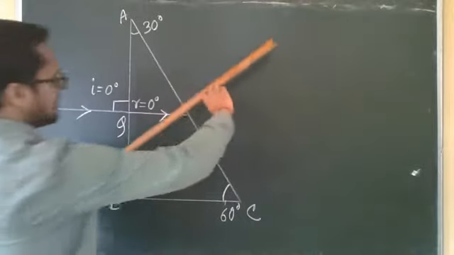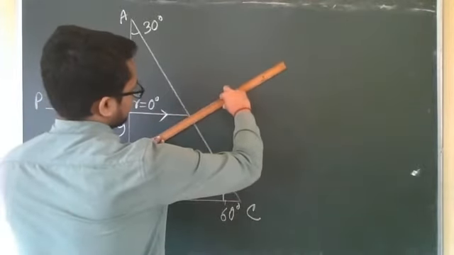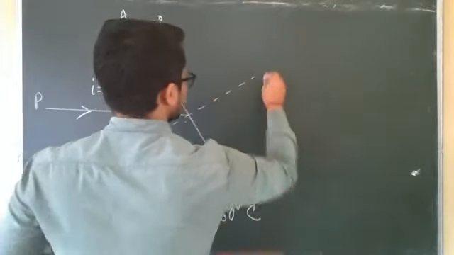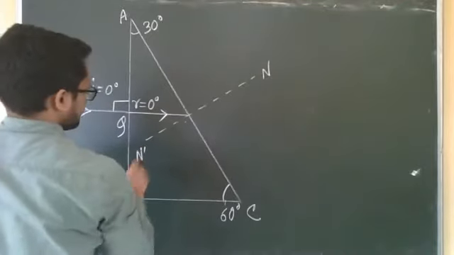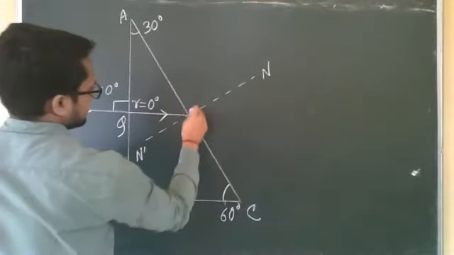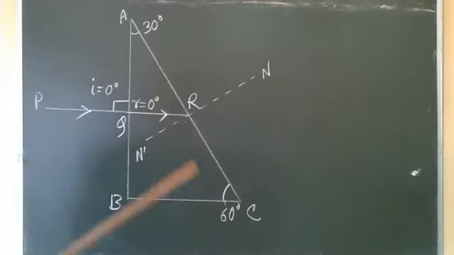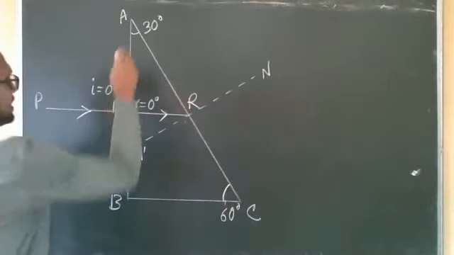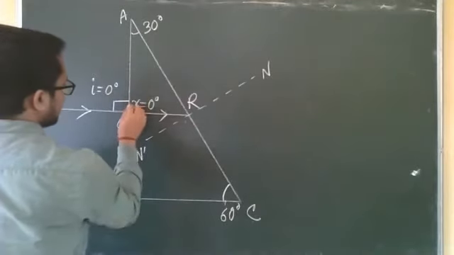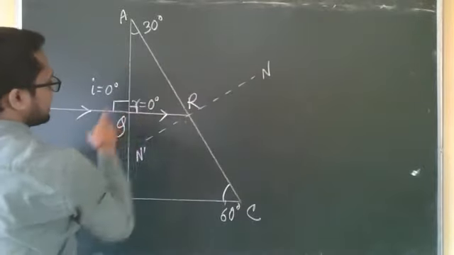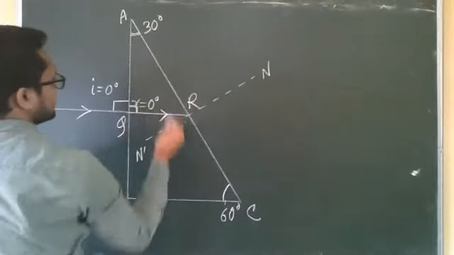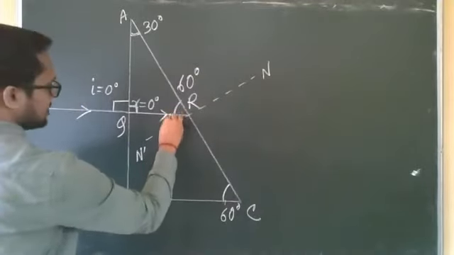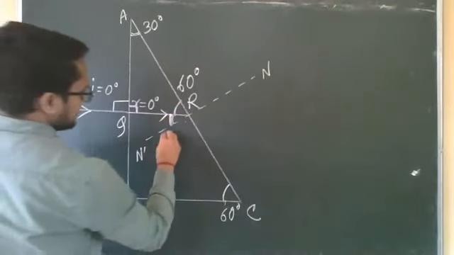Here we have to draw the normal because it is not along the normal now. This is normal, give name n prime, and this is PQ. Here it is R. Now at this surface AC, we have to find the angle of incidence. So this is 30. This is along the normal, means this angle is 90. For triangle AQR, this is 90, this is 30, so this angle is 60. This is 60, means this one, which is the angle of incidence, will be 30 degree.